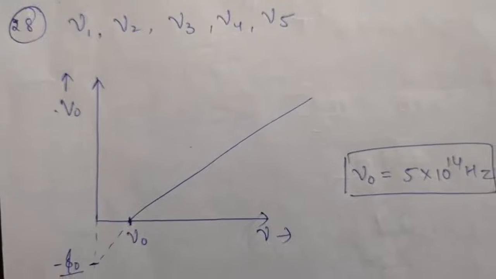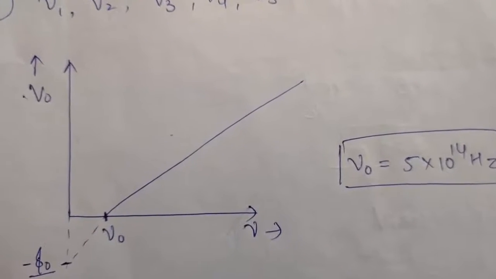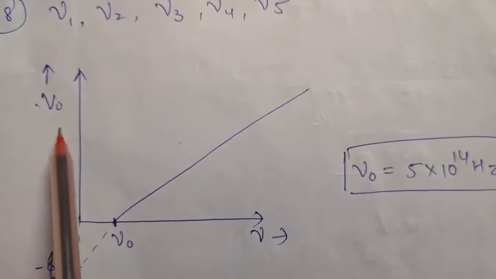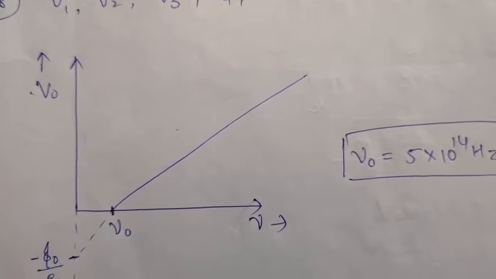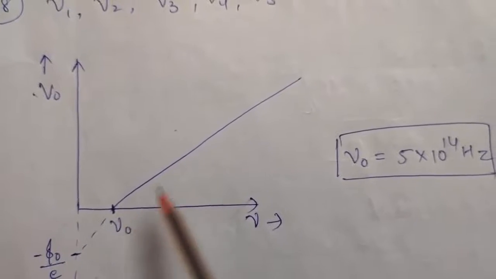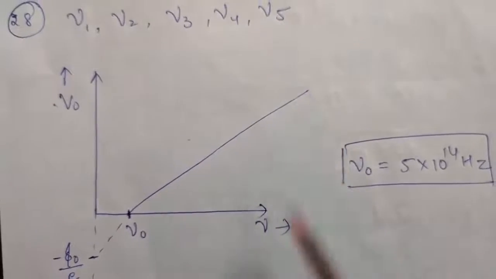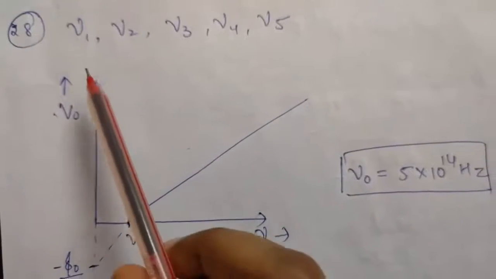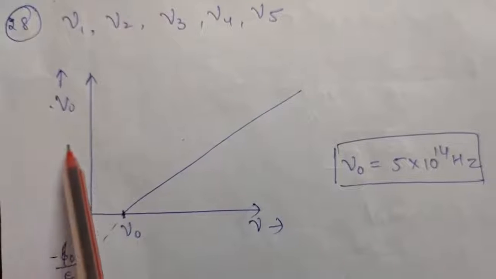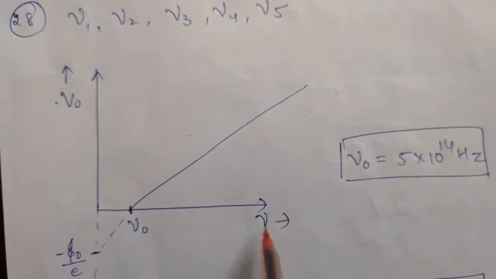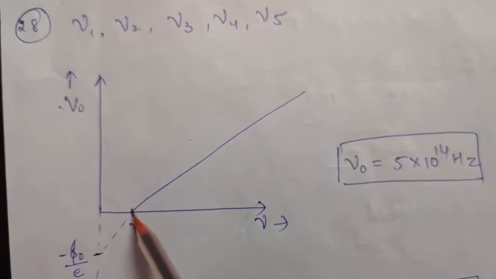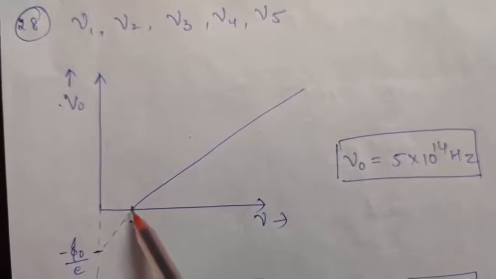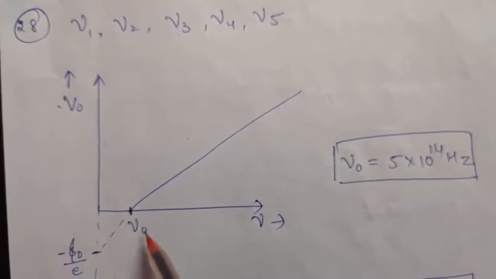Now from your theory lectures you clearly know the shape of the graph between stopping potential and frequency, because stopping potential is directly proportional to frequency, so you will be getting a straight line graph. So first of all calculate all the values of frequency, then plot a graph between stopping potential and nu. You will get a graph like this. Now can you tell me what this point will be? This will be nothing but the threshold frequency, obviously.